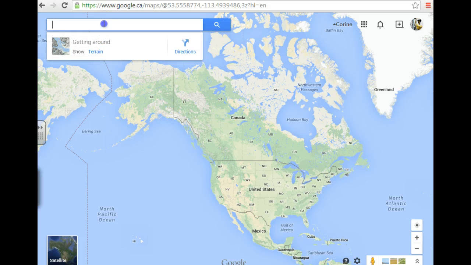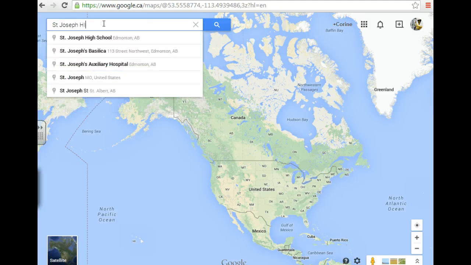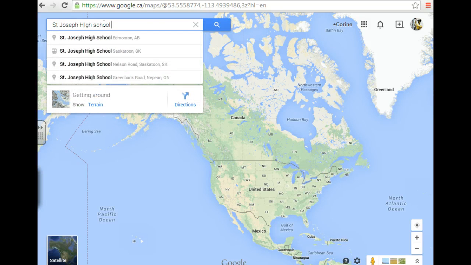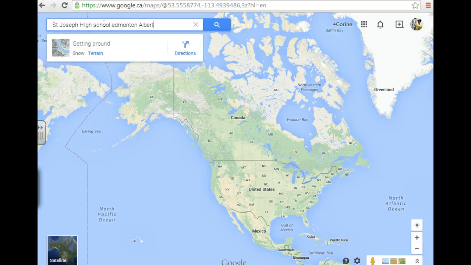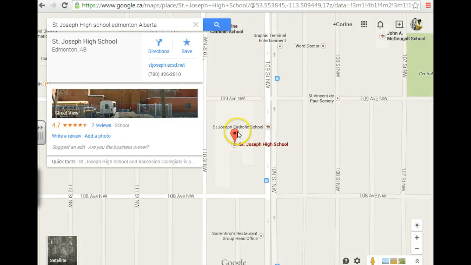But before we do any of that, I'm going to use the search button, which is probably the most commonly used function. I'm going to search for the high school that I teach at, St. Joseph High School, Edmonton, Alberta, and hit return. It's going to take me to St. Joseph High School. It shows me that there is indeed a picture of it here, as well as a connection to the website and directions and the ability to save it because I am signed into my Google account. So if I click on the picture,